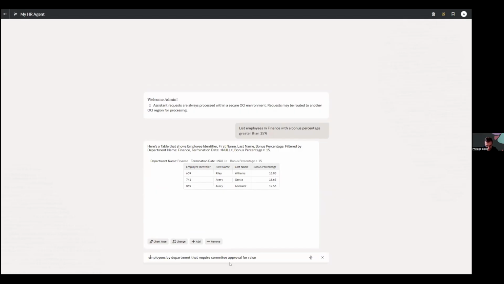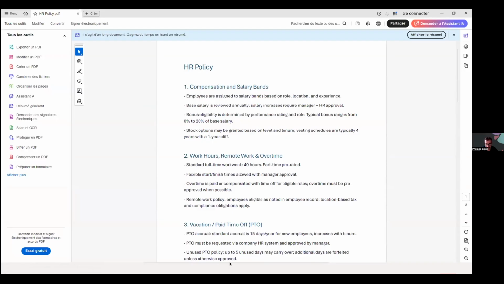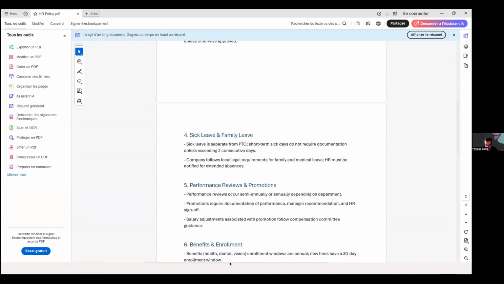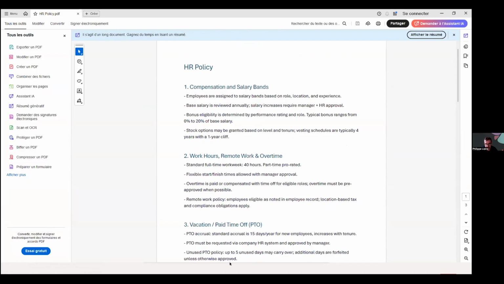Show me employees by departments that require a committee approval for raise, because in my document, there is something that says some raises require committee approval. Somewhere it's saying that, I don't know exactly where, that there is a threshold above which some committee approval is required.